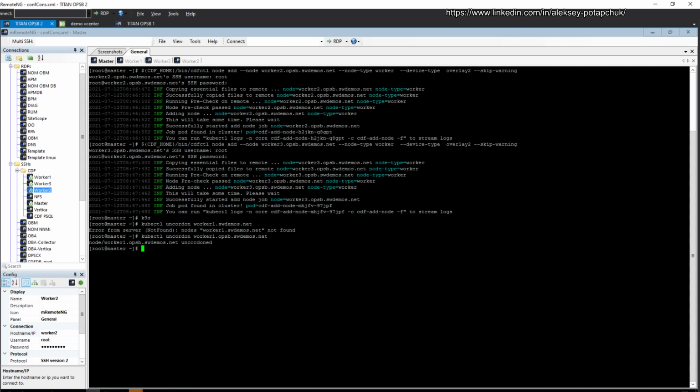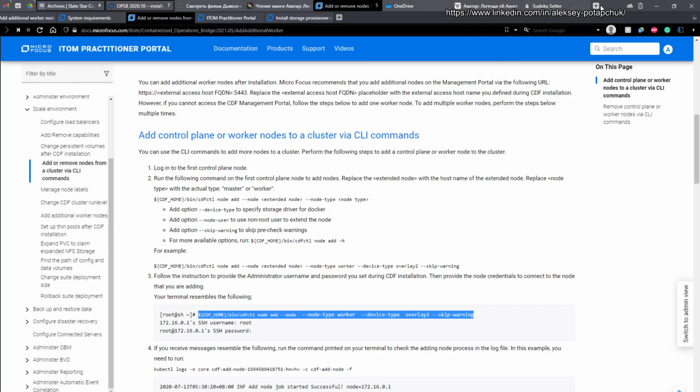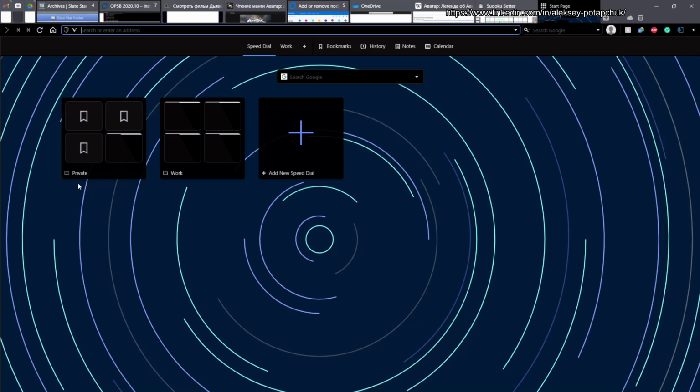And now, as you see, every time we uncordon a worker, it actually goes back to be cordoned after you power it off for a while, which is not a good option because here in demo or training environments, we stop the cluster all the time. We move it around from place to place. So the way to handle it is actually to go and open a new tab over here,